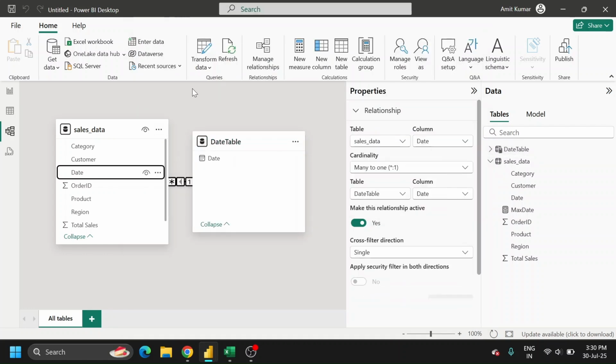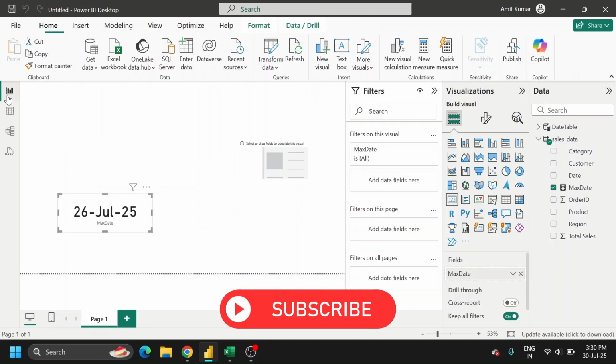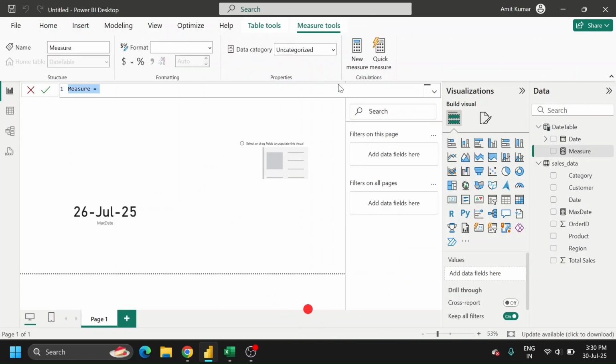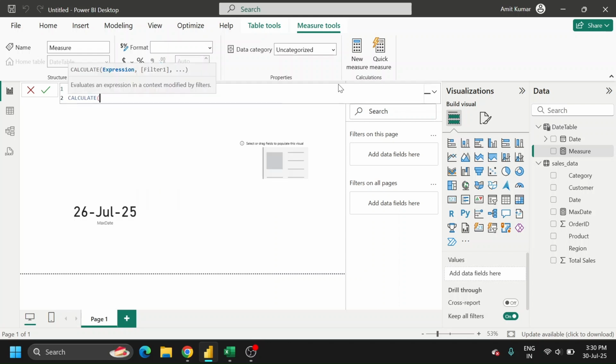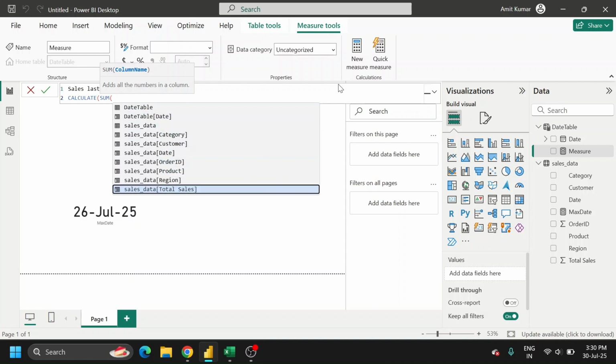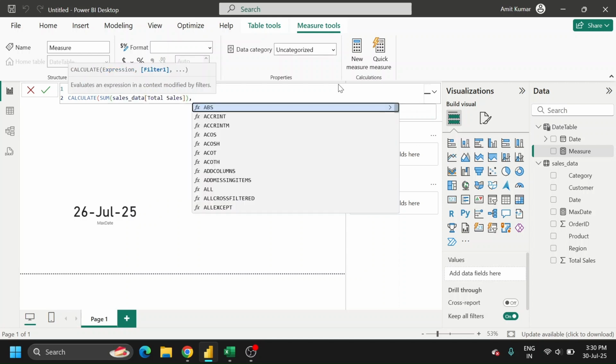Yeah, so we are able to build a relation between this sales data and the date table. So what I'll do now is create one new measure. What I want is sales for the last 60 days. So I'll say sales last 60 days equals to, we have CALCULATE, and I want total sales, so sum of total sales, comma